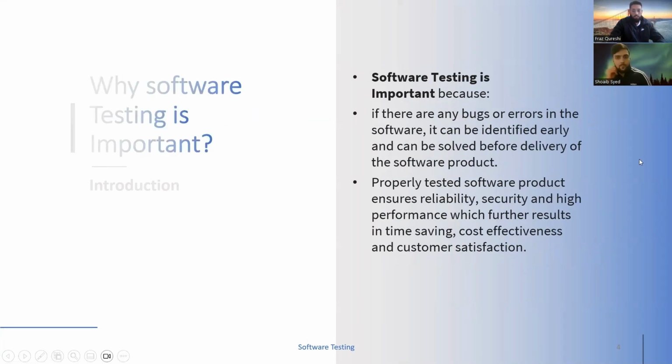Why is software testing important? Because if there are any bugs or errors in the software, they can be identified early and solved before delivery of the software product. A properly tested software product ensures reliability, security, and high performance, which further results in time saving, cost effectiveness, and customer satisfaction. So again, a bug in the system will not cost you much